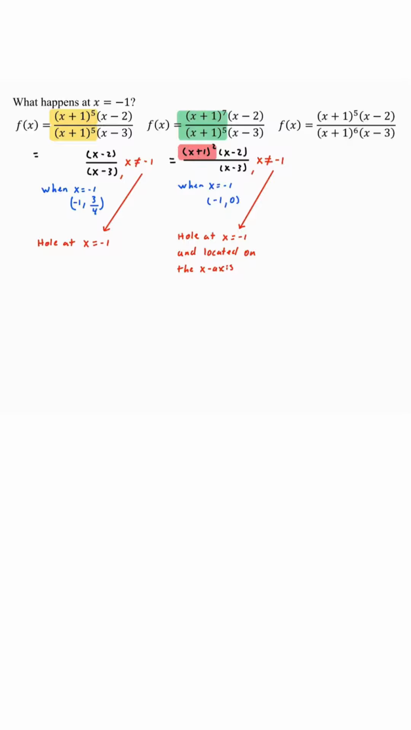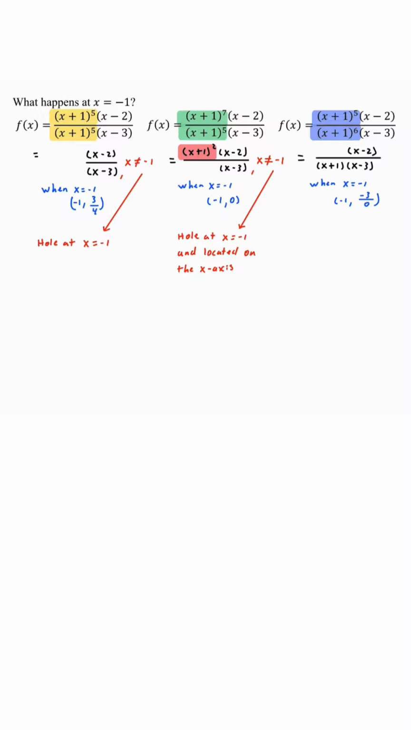If you look at the last example, there's 5 copies of x plus 1 in the numerator and 6 copies of x plus 1 in the denominator. The denominator has more copies. Simplify this, you get the numerator x minus 2 divided by the denominator (x plus 1) times (x minus 3). In this case, we don't need the x not equal to -1 because there's still an x plus 1 in